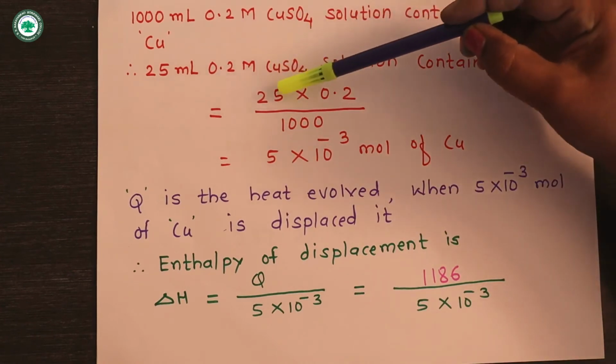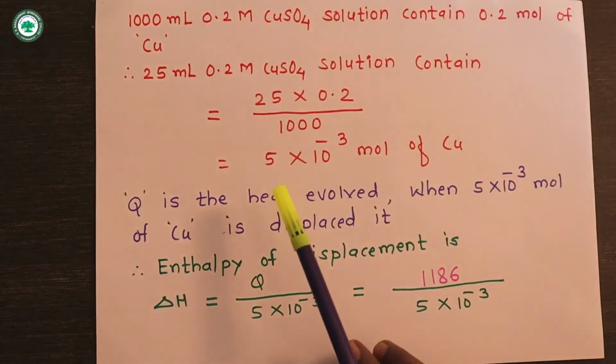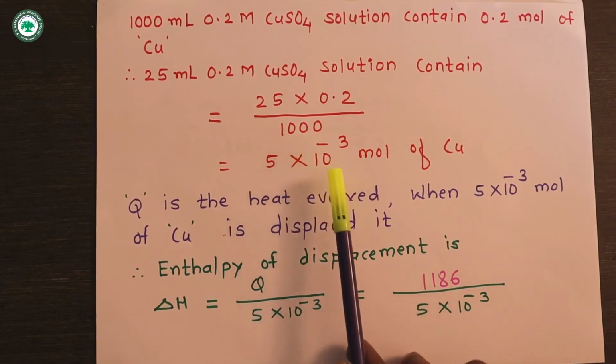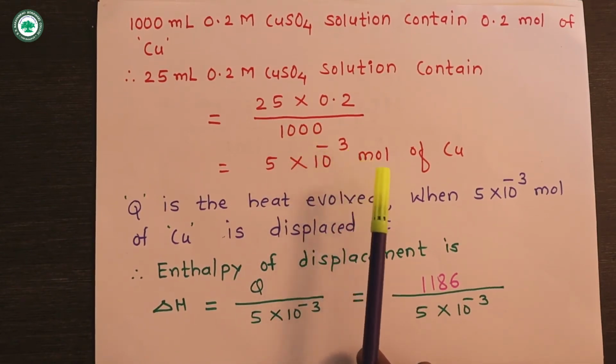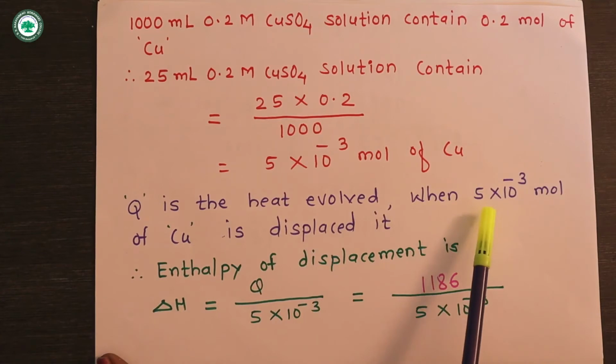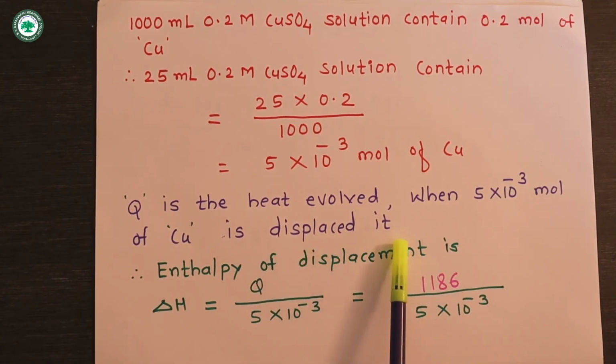So 25 into 0.2 divided by 1000, then we obtain 5 into 10 raised to minus 3 mole of copper metal. Now Q is the heat evolved when 5 into 10 raised to minus 3 mole of copper is displaced. So the enthalpy of displacement is given by delta H is equal to Q upon 5 into 10 raised to minus 3,